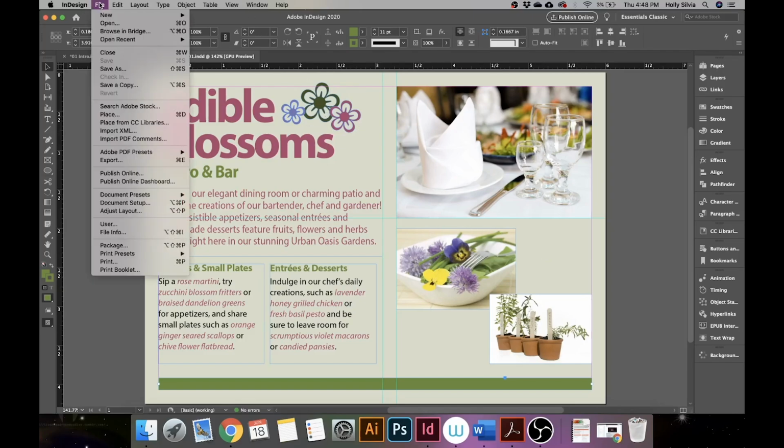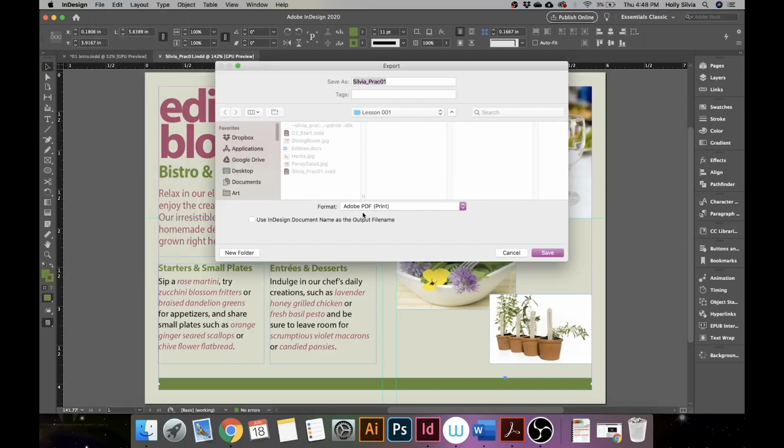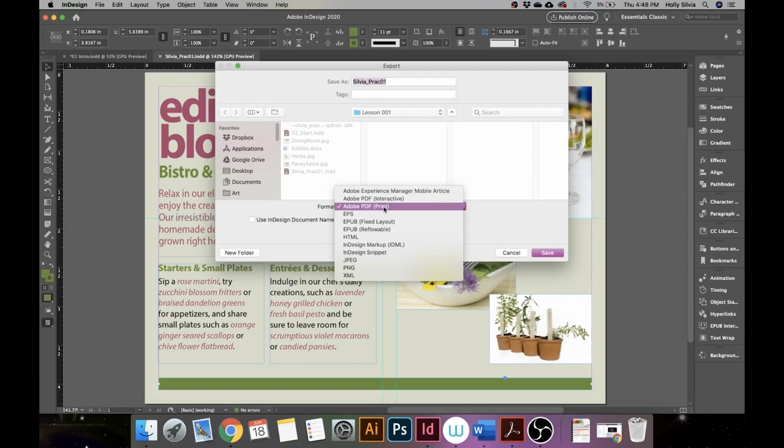And then go ahead and hit File, Export, and save it as an Adobe PDF print. Make sure it says print, because the other option is interactive. We'll do a project with that later on. Make sure it is Adobe PDF print,